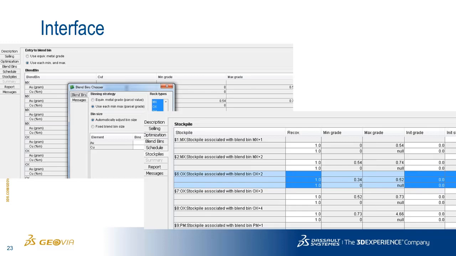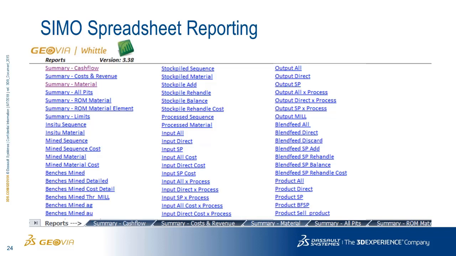On the output side, you'll have your output table, your definition of what gets displayed in there, and your graphing along with all your traditional exports. The only difference on the output side is that there are specific outputs for SIMO. An Excel workbook called the SIMO report is automatically created, which contains about 50 or so different pre-generated reports that vary in level of detail and in what they're analyzing.